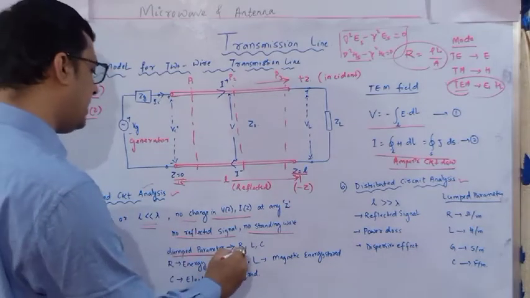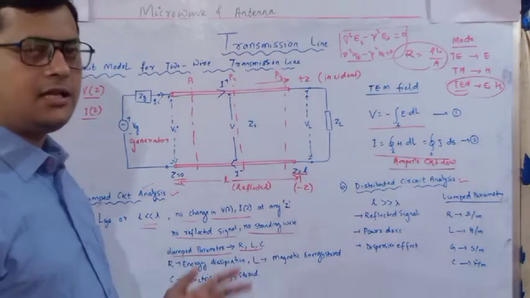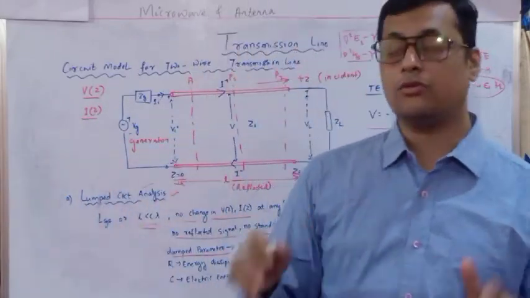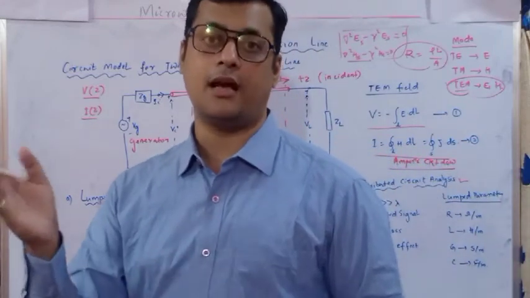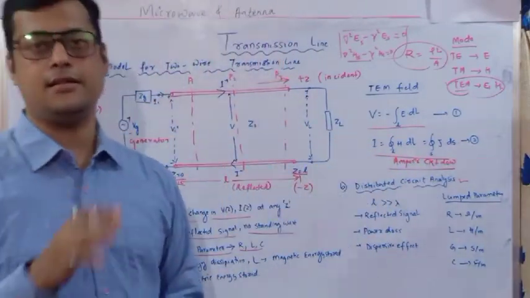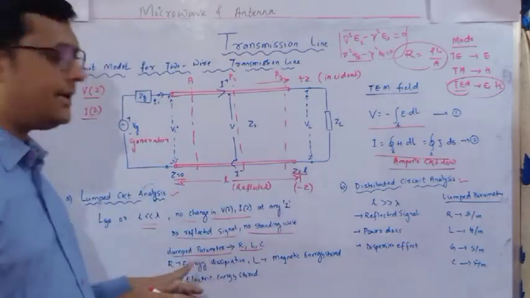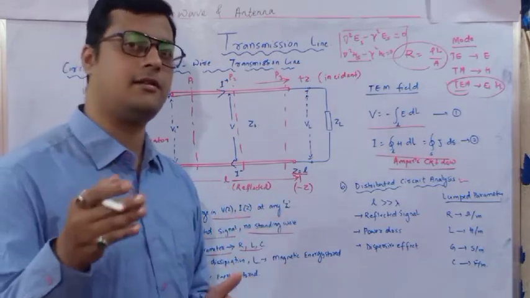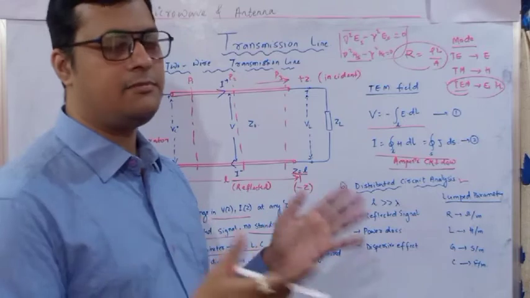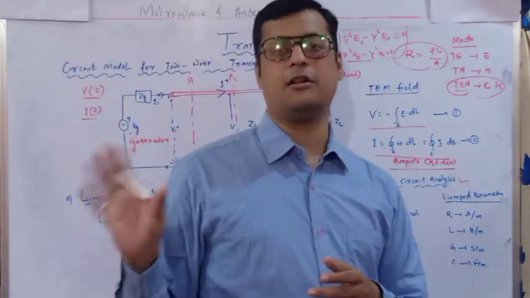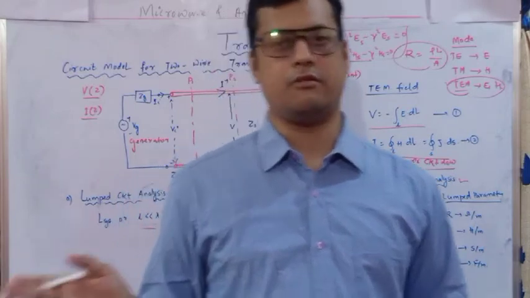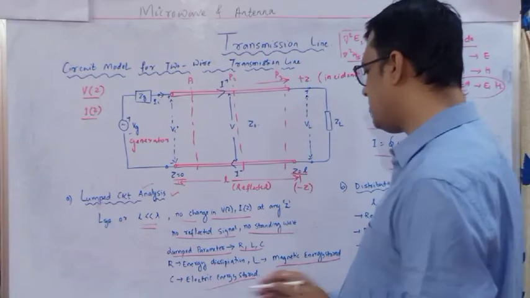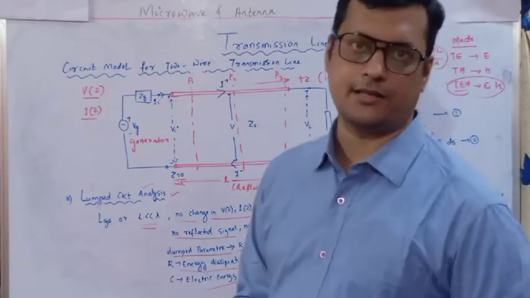And the lumped parameters are R, L and C. R is identified with energy dissipation. L is used to store magnetic energy, because we form the relation half L i square, so magnetic energy is stored in that particular line. And C indicates electric energy stored, because capacitance equals epsilon naught dA by d, and it is used to store charge in a particular medium. So it is half C V square that we identify, which is called electric energy stored. This is magnetic energy stored, and R indicates the energy dissipation.